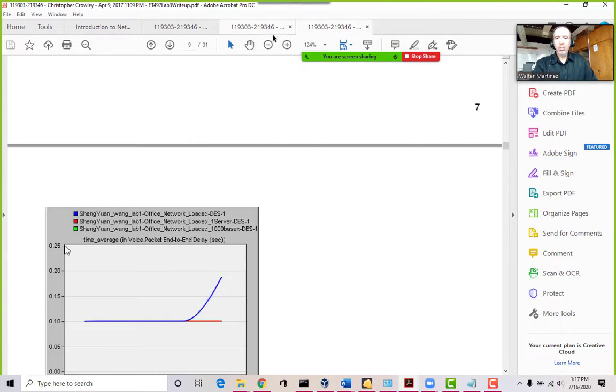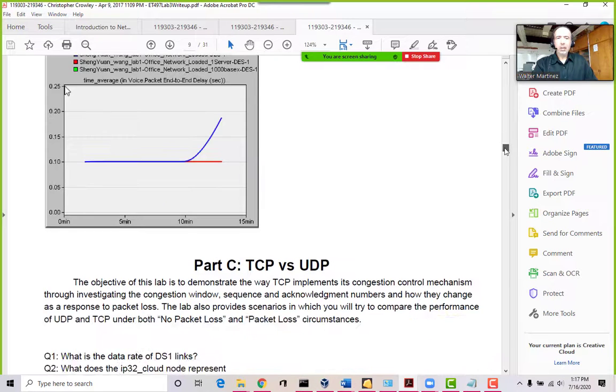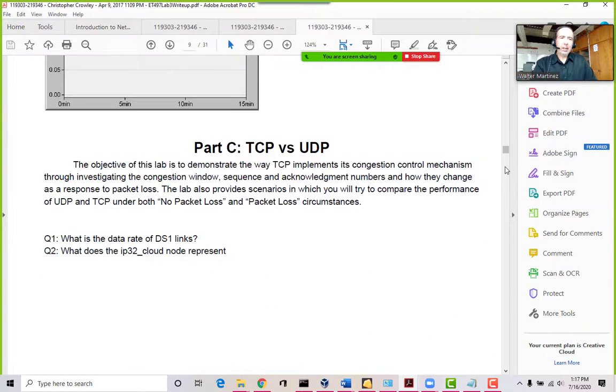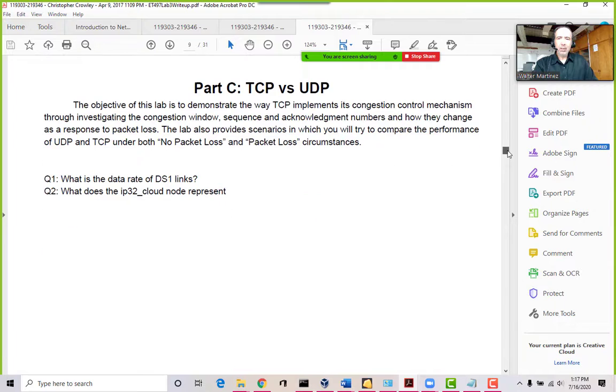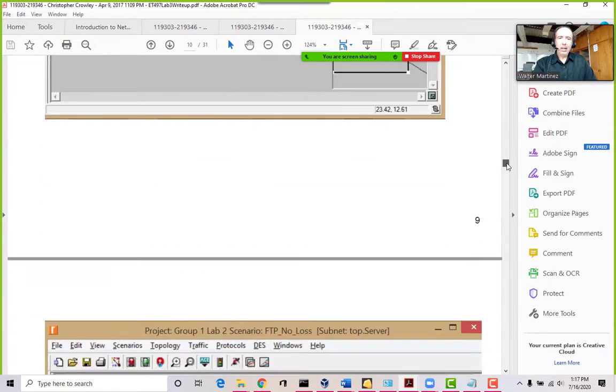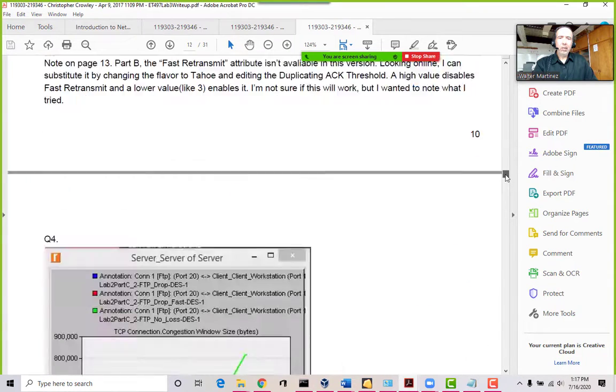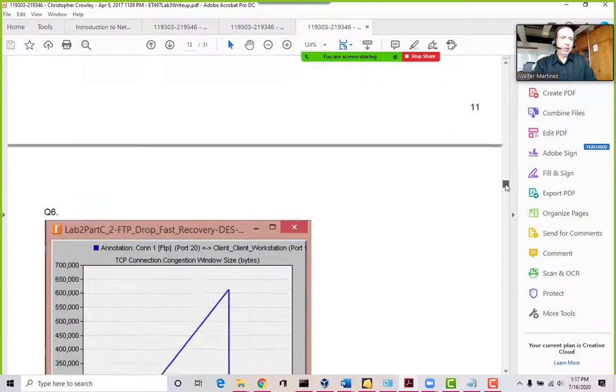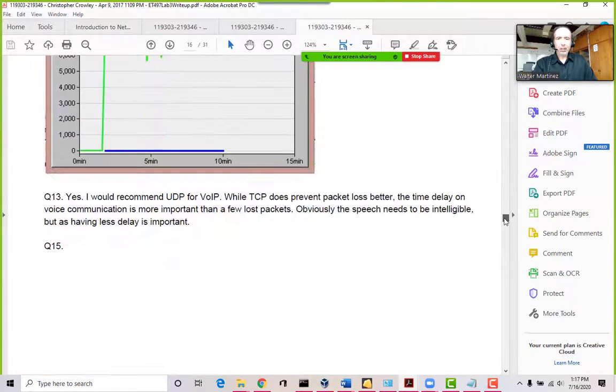Okay. And again, I showed you a little bit what that particular lab report looks like, right? This student here followed the instructions for each one of them, and then they created the simulations, and they ran the simulations, and then they provided the results. Okay, so this is really neat.